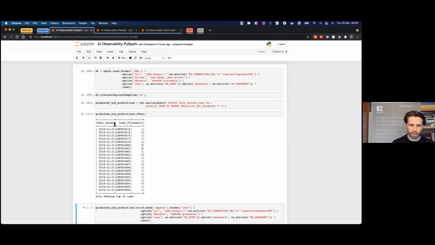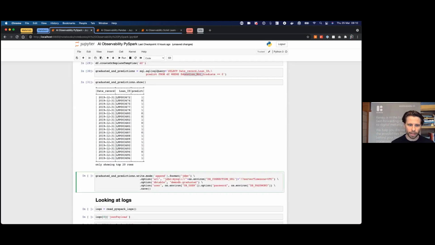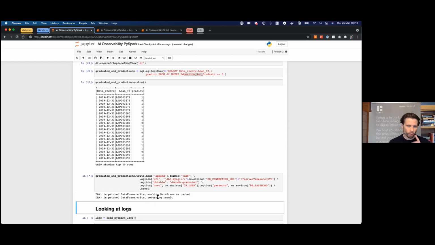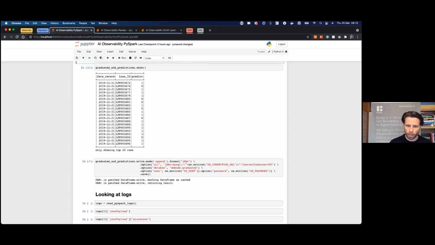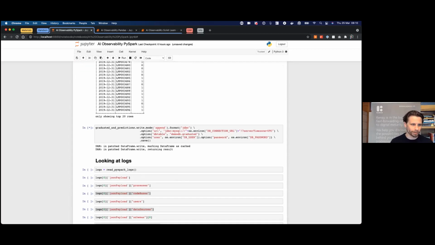Basically I just summarize the data here by only taking the information for the non-graduated, and here I'm going to write it. While I write, a library like this, not necessarily ours, doesn't need a patent, so it's not something that is impossible to create out of the blue. While this is running, there are multiple things being done.